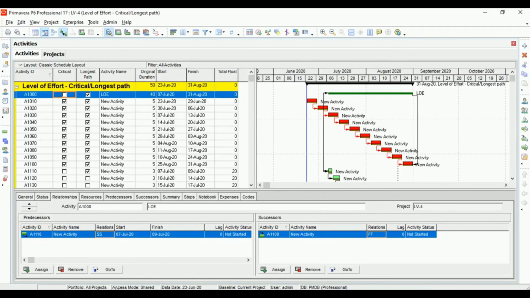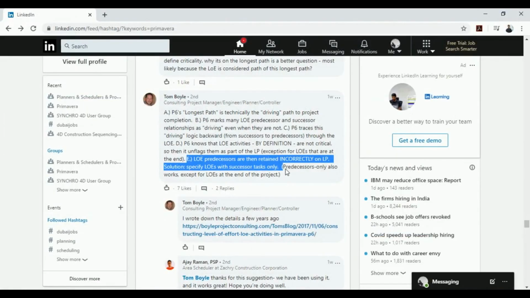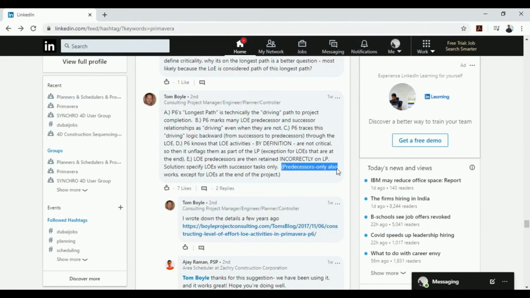Got it? So that's what it said earlier, successor task only. Predecessor only also works, except for LOEs at the end of the project. So this is what we saw in my project earlier, where a level of effort was used for a big job and it was linked from first to last activity.